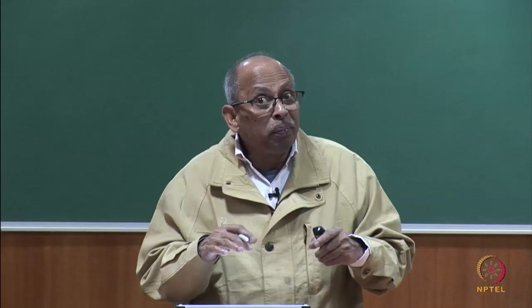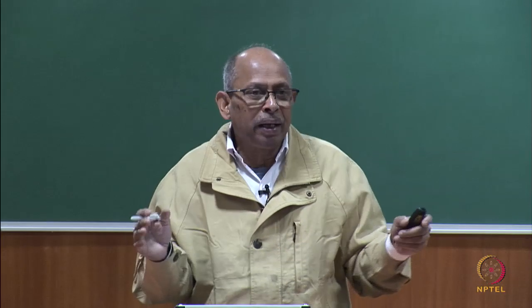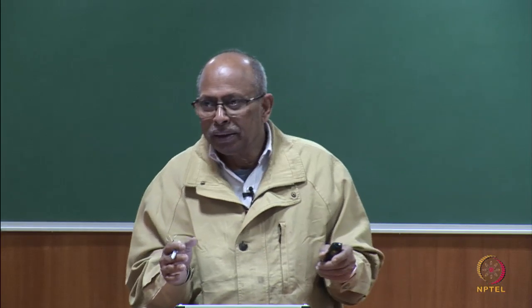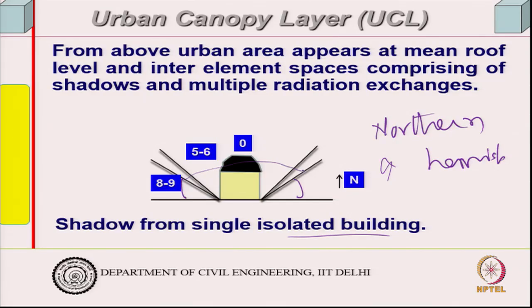right. So, if you are seeing from top, if there is a single isolated building and nothing else, just hypothetical, then you will see this area shaded, and you will see sunshine hours less than 8 to 9 hours. For example, this zone 5 to 6 hours, and this blackened portion would be shadow for most of the time, because this is winter condition, let us say winter condition,